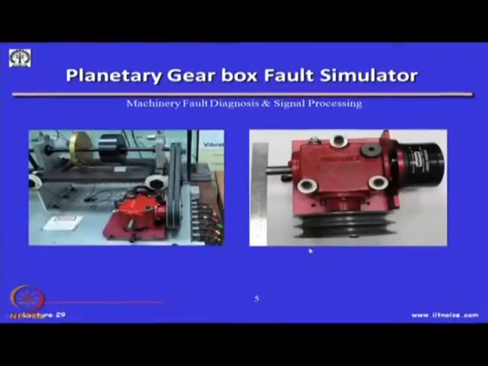So, this is a planetary gearbox, where inside it we have the gears which are worn, and this is how the gearbox is used in our fault simulator in the laboratory, where this is actually a motor driving the shaft, and to which we have the pulleys, which is the input shaft, and then this is the output shaft. At this end you will see a clutch device, a magnetic clutch, which is used to load the gearbox. So, this kind of gearbox is used in our lab for the studies,